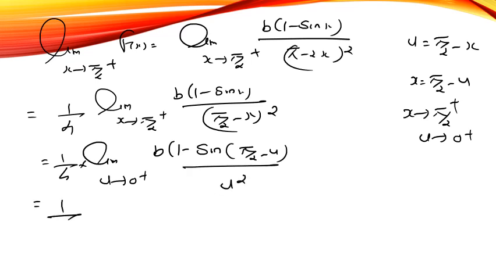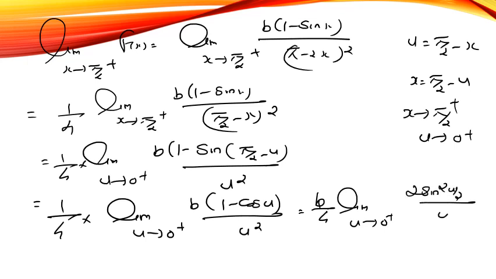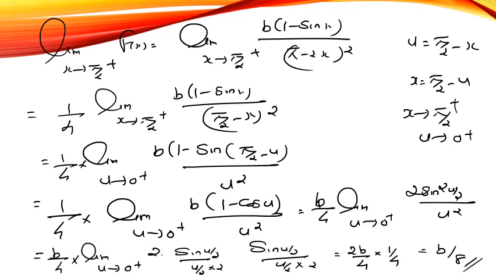So 1 by 4 into limit u tends to 0 plus of (1 minus cos u) by u square. So you get b by 4 into limit u tends to 0 plus of (1 minus cos u), which is 2 sin squared (u by 2), by u square. Therefore, what is limit x tends to pi by 2 minus